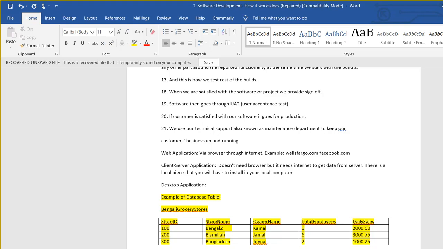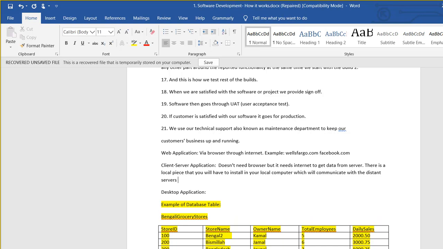There is a local piece that you will have to install in your local computer, and that piece will communicate with the distant servers to get data. So that is what a client server application is.